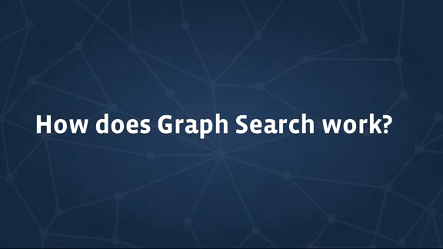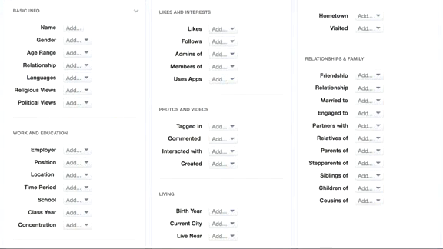So, in doing this, in addition to a big technical problem, one of the big design problems that we had to solve was how can we make it so that people can ask these questions that can be incredibly precise in a very natural and intuitive way. So we spent a long time working on this, and we came up with an interface that we think is unique. How does graph search work? And the answer that we came to is filters.